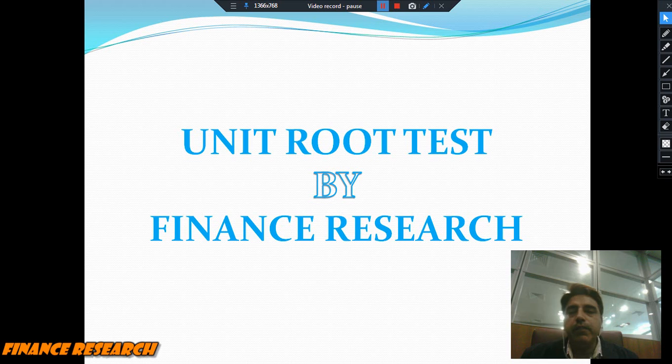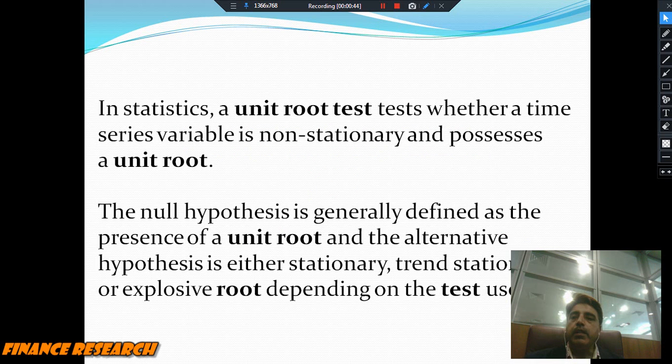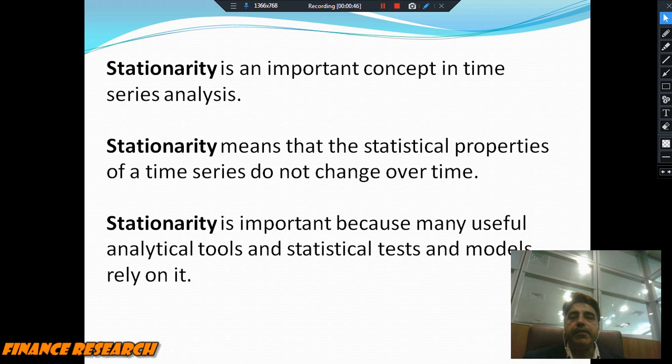Okay. So if they are not stationary, then this is actually the problem of the unit roots. So they must try to get rid of this unit root problem from their study. Here, stationarity is an important concept in time series analysis. As I have said, while doing any analysis related to time series or panel data, there may be some dependent variables as well as some independent variables. So there should be some symmetry between all the residuals.